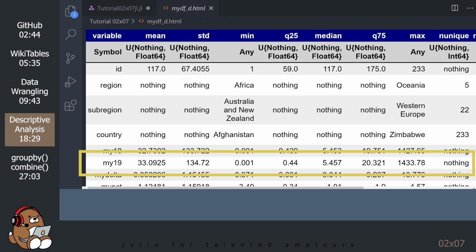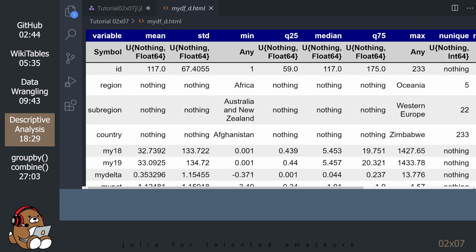Again, looking at the 2019 population row, we can see that the standard deviation is roughly 135 million people with a mean of 33 million people, which is a very large deviation. You can also see that the first quartile is under 500,000 people, while the third quartile jumps up to 20 million people. Between the third quartile and the maximum is a difference of over 1 billion people.